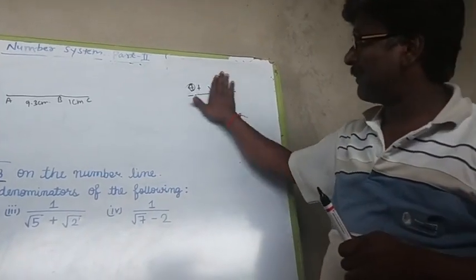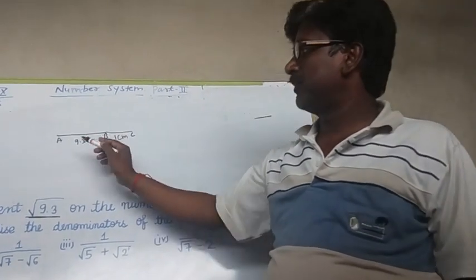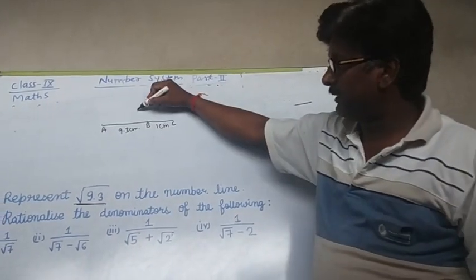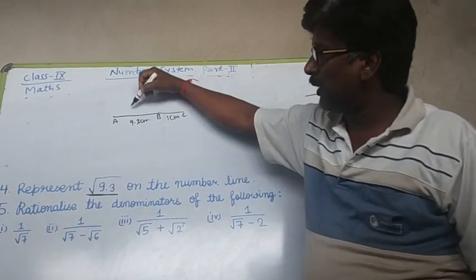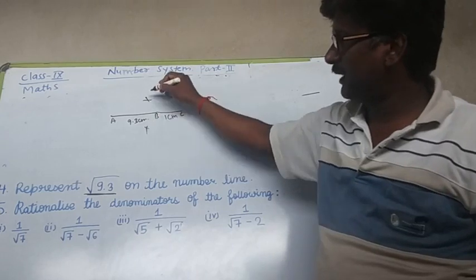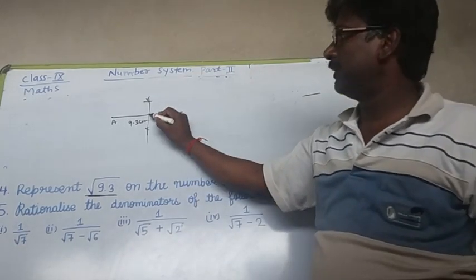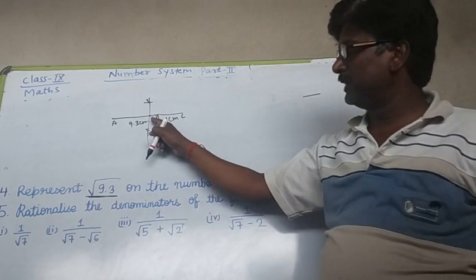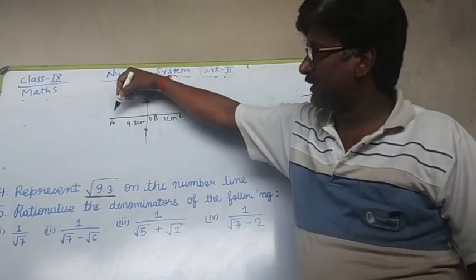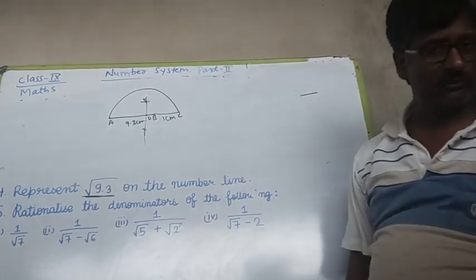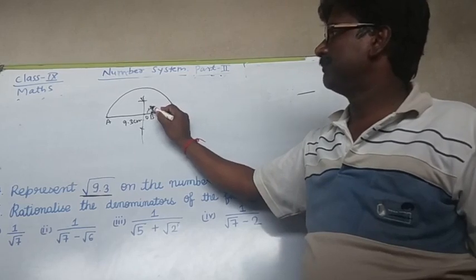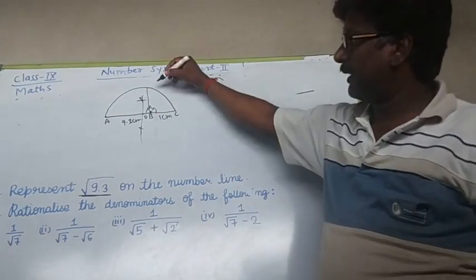After this, now we have to draw the right bisector of AC. We draw two arcs from both ends A and C and join them. So this will be O, and O is the midpoint of AC. Now with O as center and OA as radius, draw a semicircle. Now at point B draw a perpendicular at 90 degrees and let this be D.